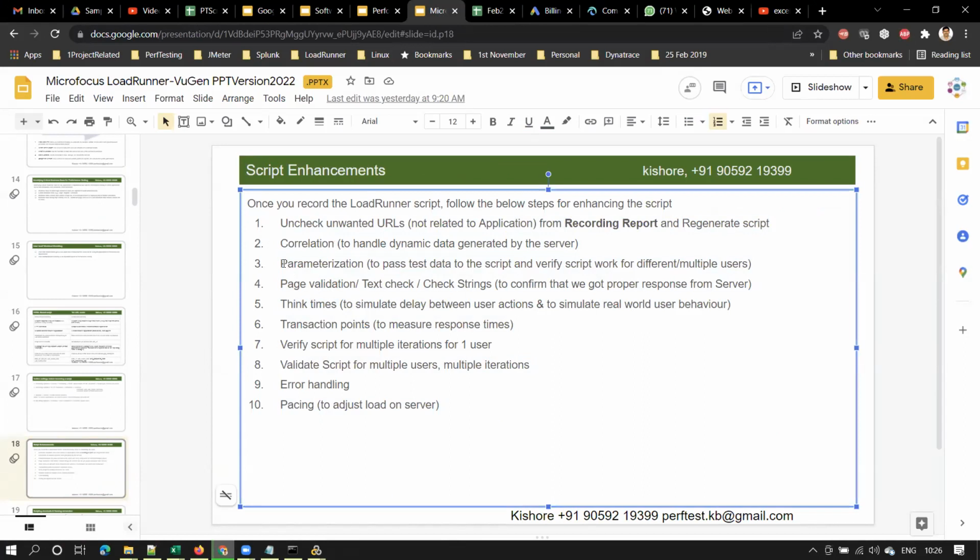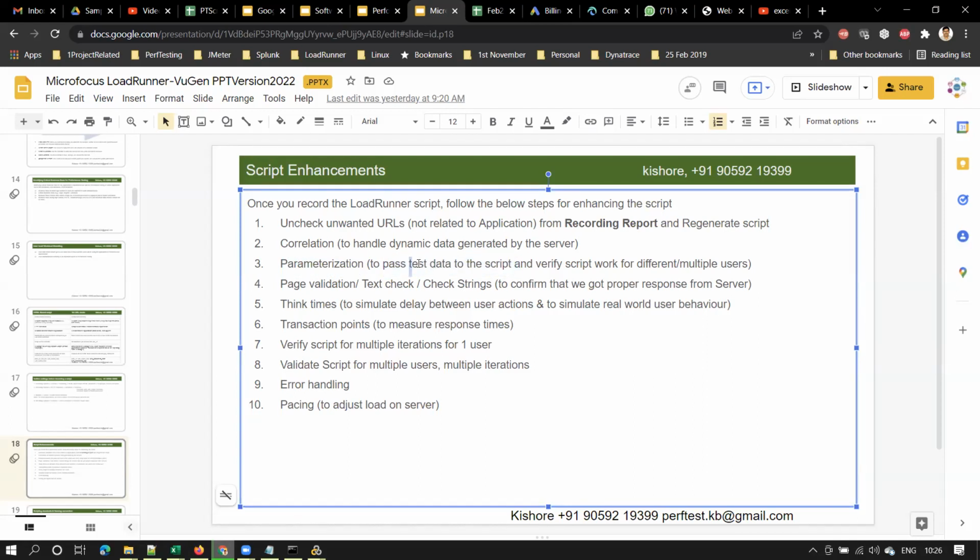In today's script, we just did parameterization. I want to ask a question: does parameters come under the topic of parameterization? Yeah, that's what we did now, right? We did parameterization in the script and we passed the parameters. Parameterization is nothing but passing test data to the script, right? To pass test data to the script.